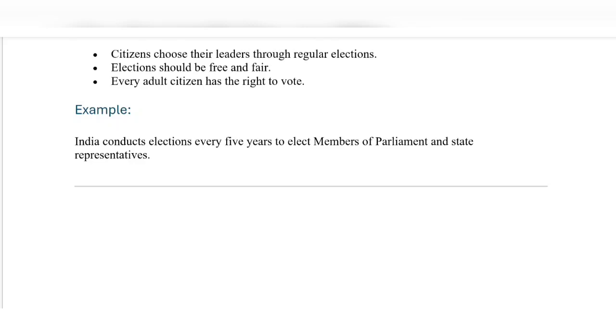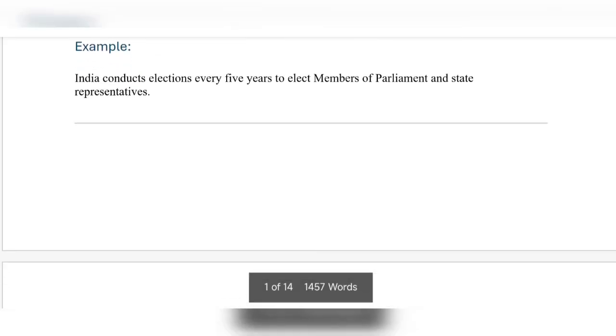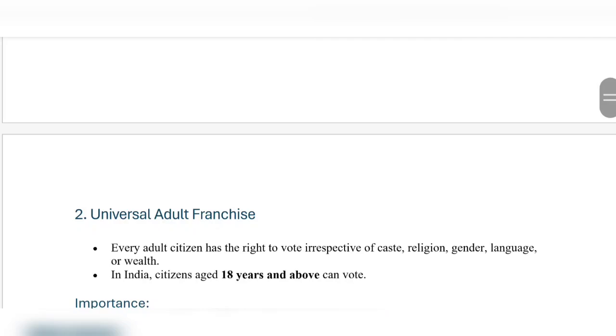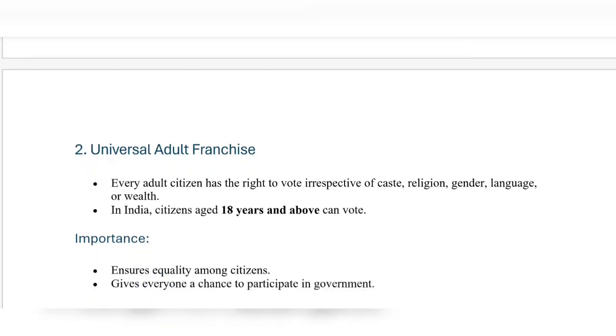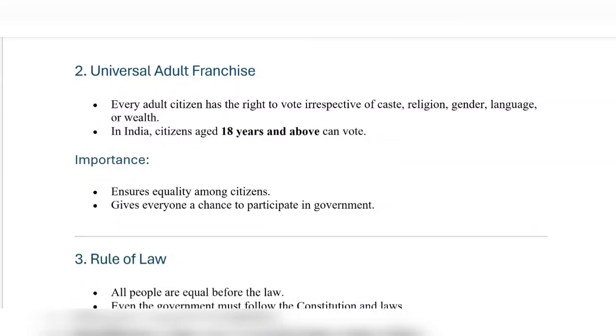So that's why we can say elections are free and fair in India, but that is on paper. If we talk about reality, it is different. If I say it is different and you understand, it means you update yourself with the news every day. And when I say it is on paper and not in reality, it becomes a challenge for the country, which we will talk about in the second part of this video.